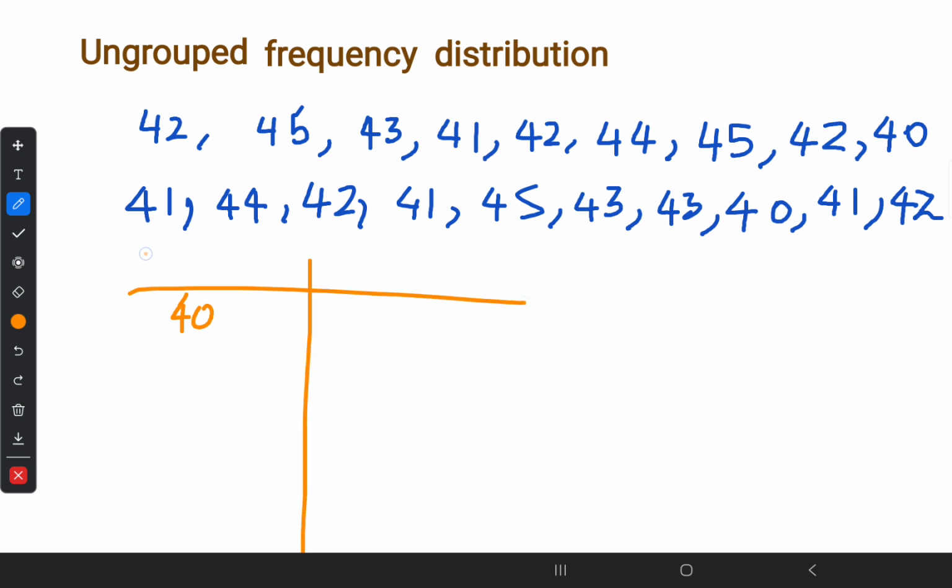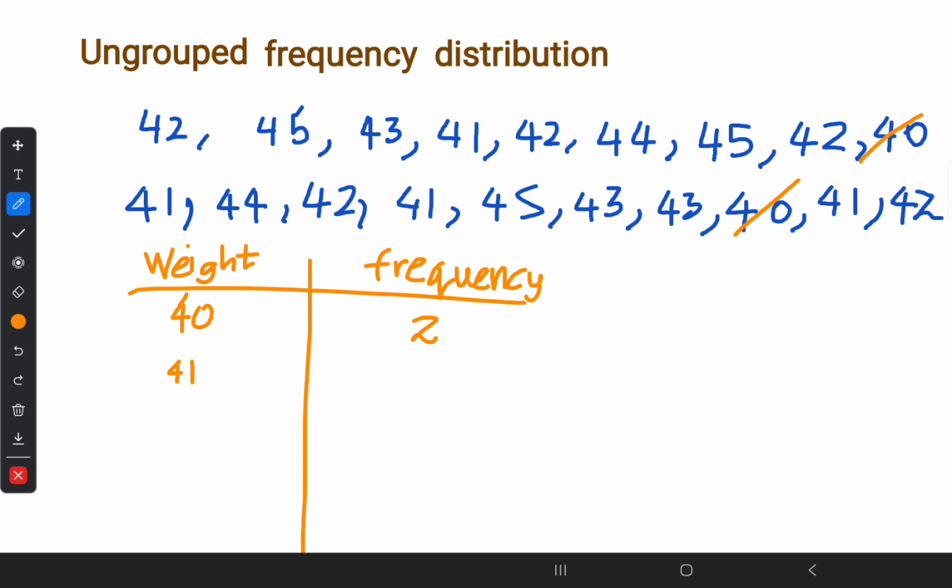So here I'll write the weight or mass, and then I'm going to find the corresponding frequency. Now we are familiar with frequency. Frequency means the number of students who have that particular weight. At a weight of 40, how many students are there? 1, 2. There are 2 students with the weight of 40 kilograms. Next, 41. 40 means only 40 kilograms. There cannot be 41 or 39 belonging to this region. Only the students who have the weight of 40, that is 2.